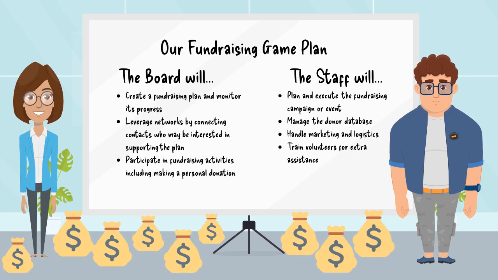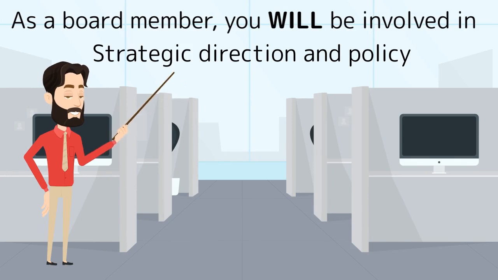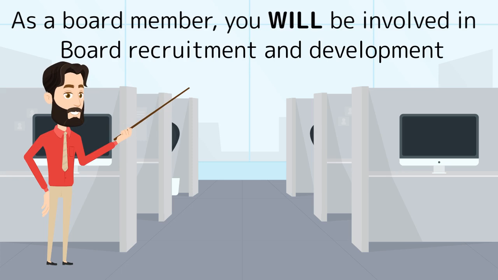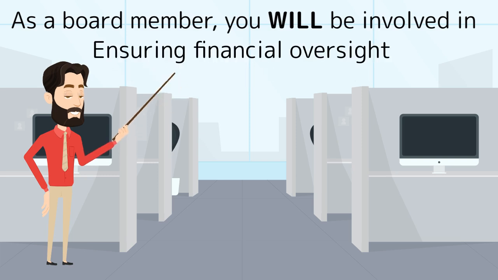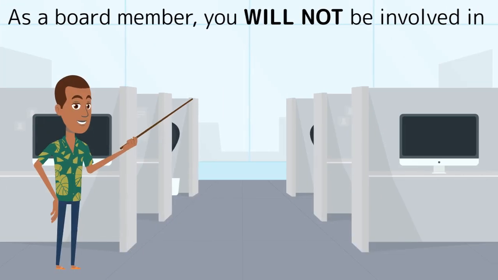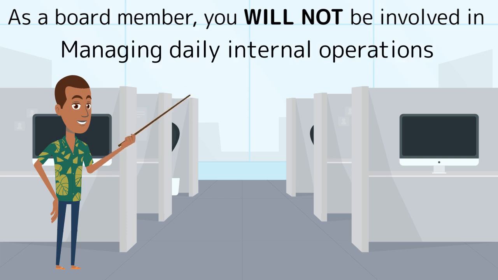Let's review. As a member of the governance body, you will be involved in strategic direction and policy, hiring, supporting, and evaluating the executive director, board recruitment and development, determining the mission and vision of the organization, ensuring financial oversight, and approving the annual budget. As a board member, you will not be involved in staff hiring or management, program rollout and management, managing internal operations,